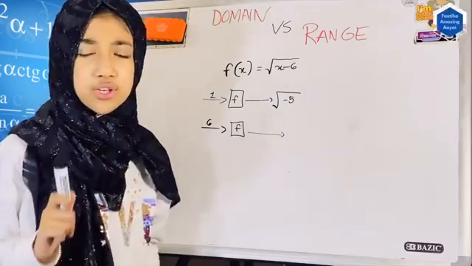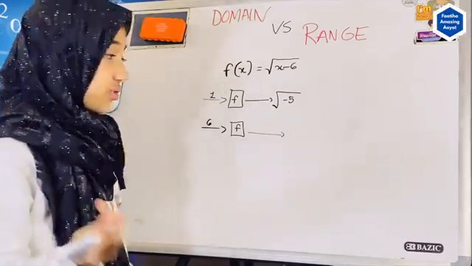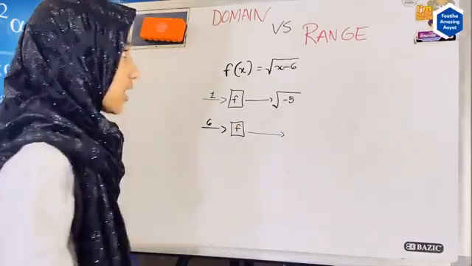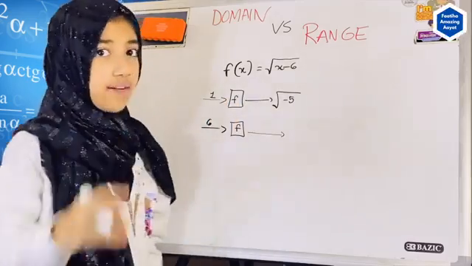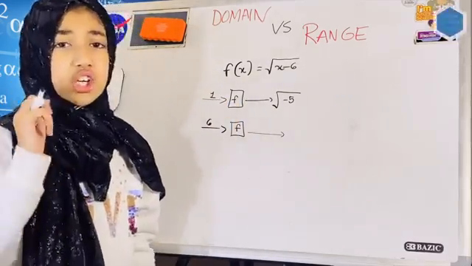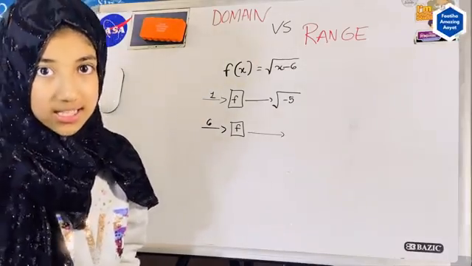If I tried with 2, 2 minus 6 is minus 4. And as I said, you can't do it with negative numbers. So we just found out that our f of x, our function of x, our x should be greater than or equal to 6. It can be 6